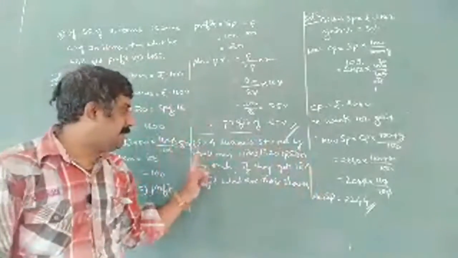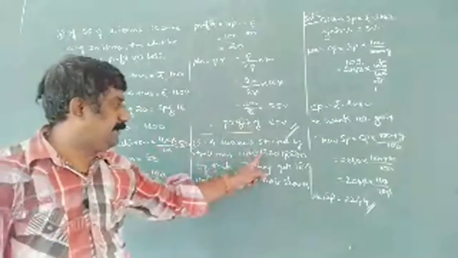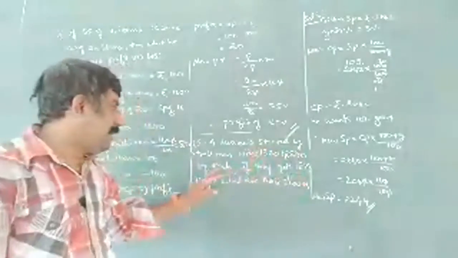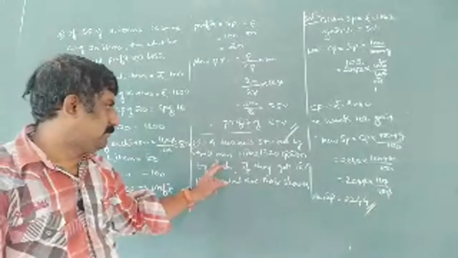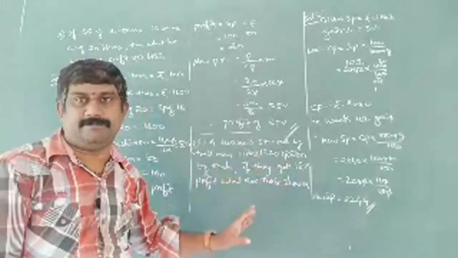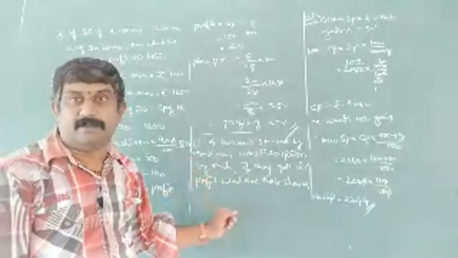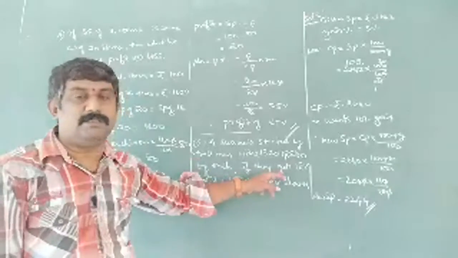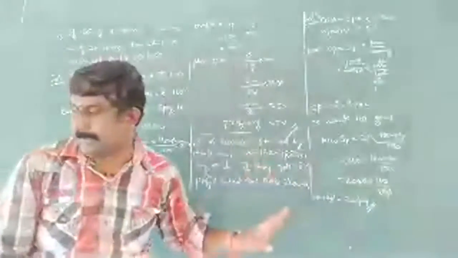A business started by two men. As the capital, the first person invests 1320 and the second person 880. If they get 18% profit, what are their shares? First of all, we have to find the lump sum amount, and on that we have to find the profit of 18%. Then we have to divide their shares.